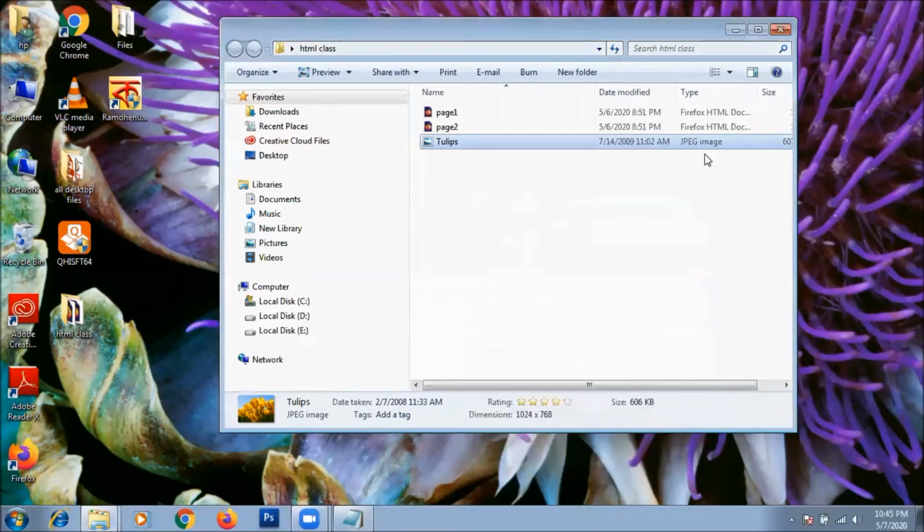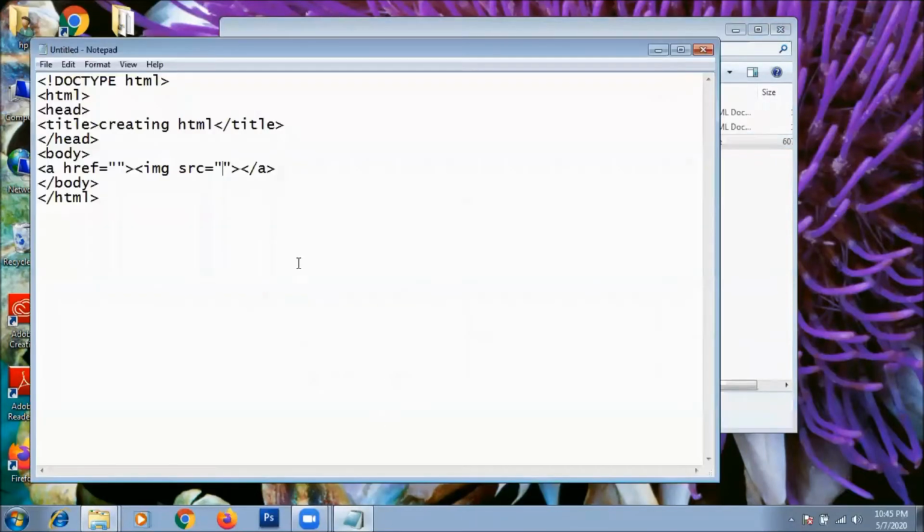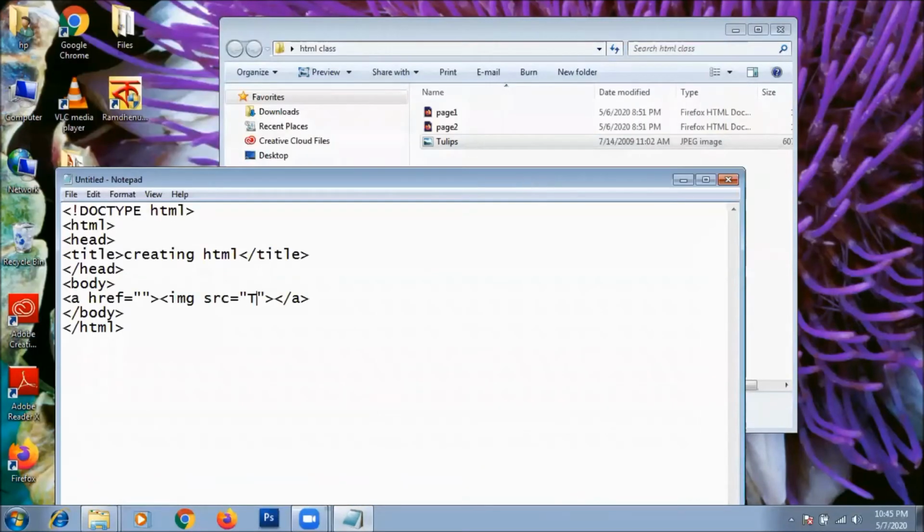So in the existing notepad here, we'll have to type Tulips.jpg. Typing should be correct. The spelling of the image name should be Tulips.jpg.